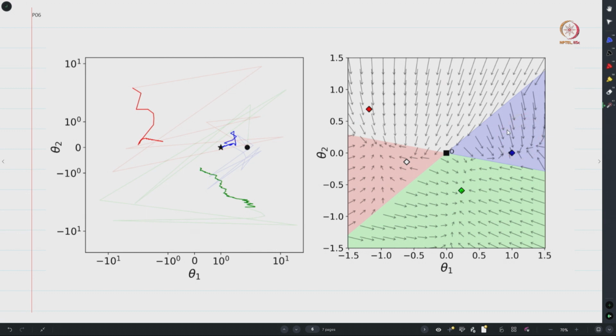Finally, there is a different linear dynamics that is present in this greedy region. Is that okay? And one can see that here the dynamics sort of pushes you in this direction, whereas the dynamics here pushes you in this direction, and the dynamics here sort of pushes you in this direction. The dynamics here, on the other hand, pushes you in this direction.